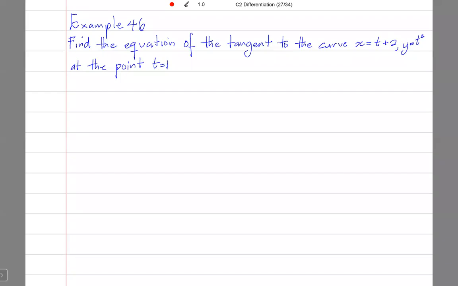All right, example 46 says find the equation of the tangent. Yes, sir. All right, this says find the equation of the tangent to the curve